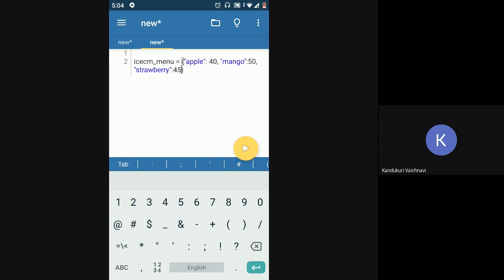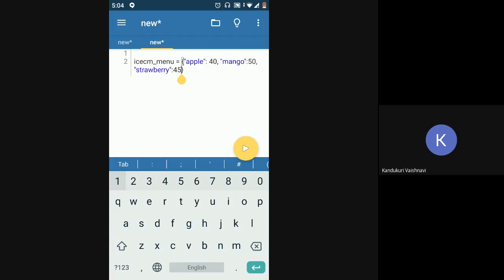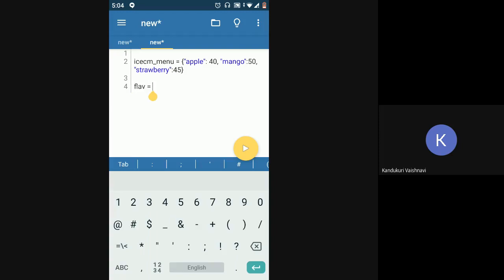So now whenever I get a request from the customer, that is, whenever I get a flavor from the customer, if I want to give the customer the cost of that flavor, I can directly use this dictionary to get the cost. Say I'm taking a flavor from the user input.